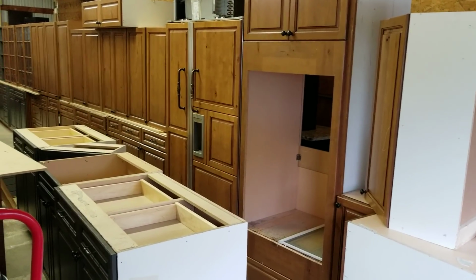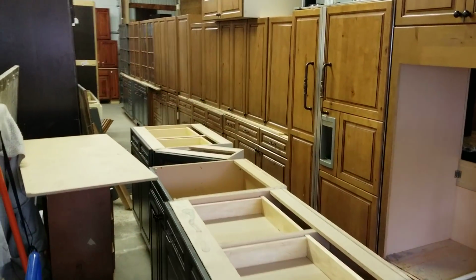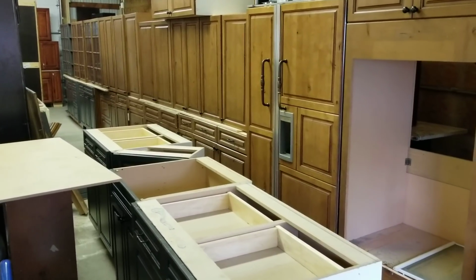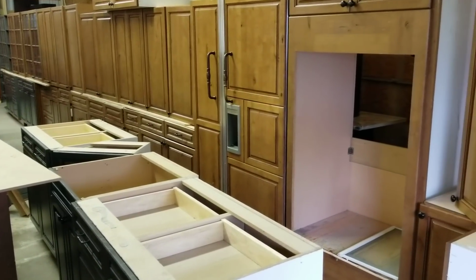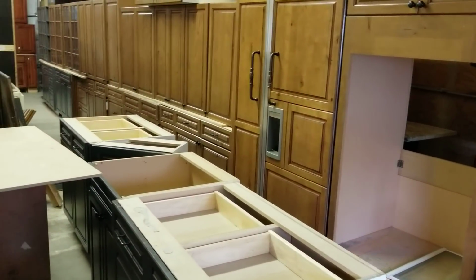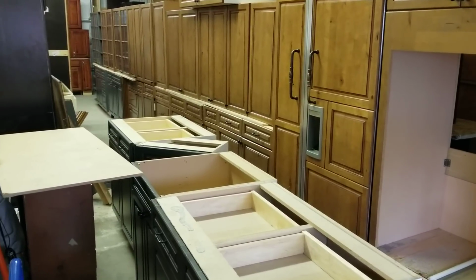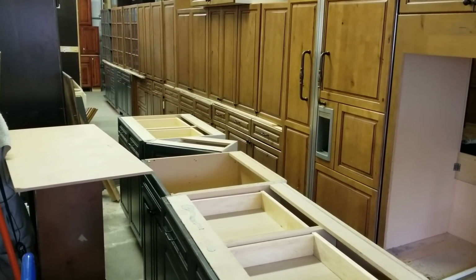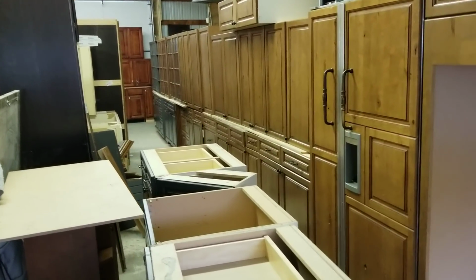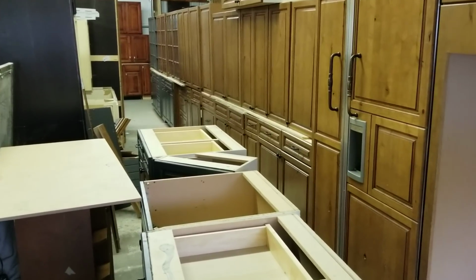Beautiful, beautiful cabinets. You got extra tall uppers, dovetailed drawers, mullions there on the uppers. Kitchen Craft is the brand. Since we know the brand, it's fairly likely you could still order additional pieces if you needed to, if you were planning on quite a huge project here. You got a double trash pull-out cabinet, a few roll-out trays, some really nice drawer bases, beautiful pulls,